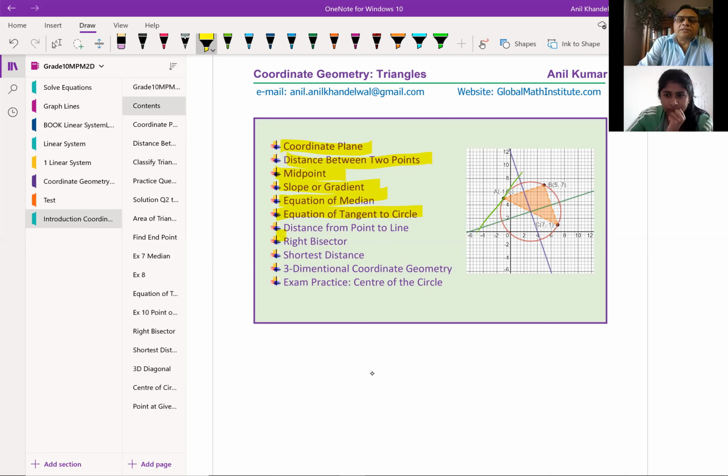Then we'll talk about distance from a point to a line. Normally we'll be interested in the shortest distance from a point to the line. So that is again a very interesting part. And then perpendicular bisector. Foundation for perpendicular bisector is kind of compulsory to understand what real questions could be with